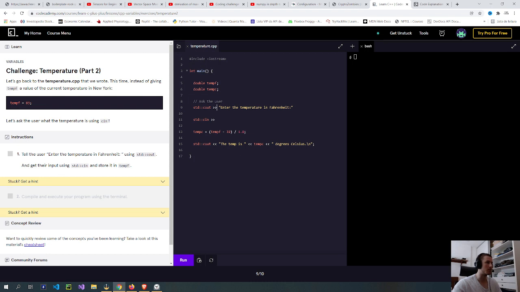And here I did the wrong side, temp F. Maybe that's it. std::cin. Yeah, store in temp F. Ask the user to input an answer using std::cin.